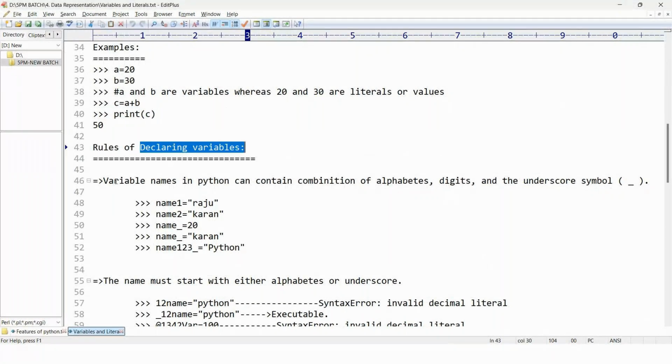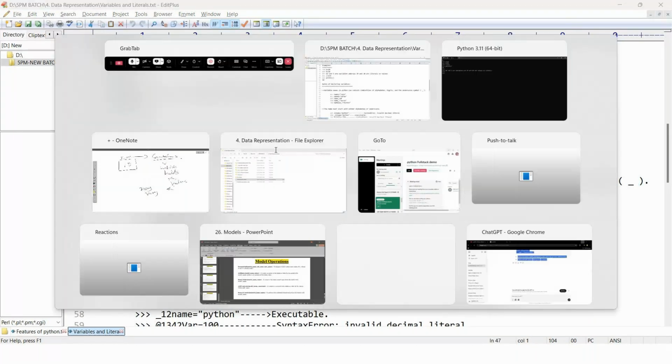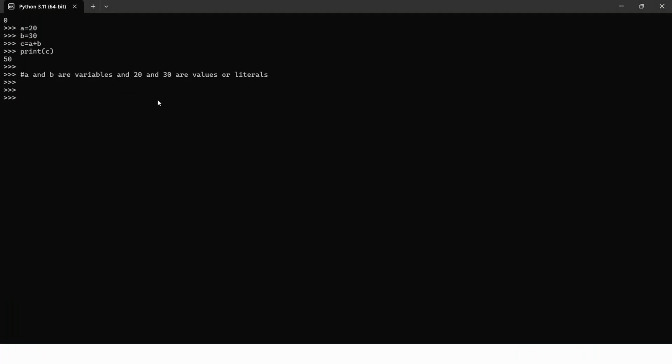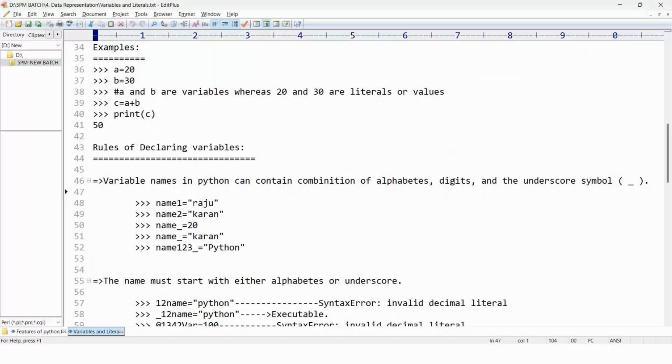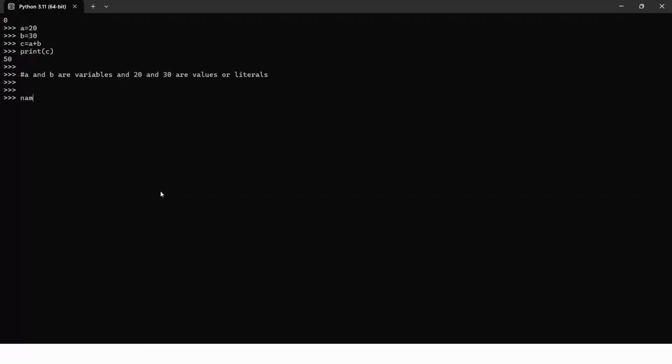Now there are some rules we have to understand for declaring a variable. What is the first rule? Variable names in Python can contain a combination of alphabets, digits, and the underscore symbol. So I can take name1 is equal to Ram, or age underscore is equal to 200, or underscore age is equal to 200, that is also fine.